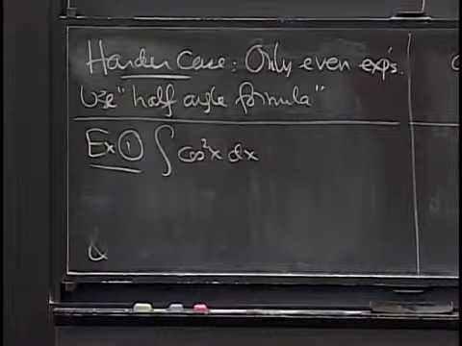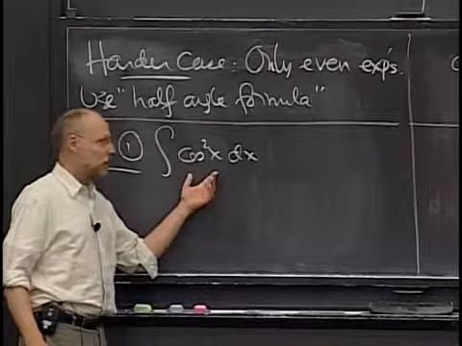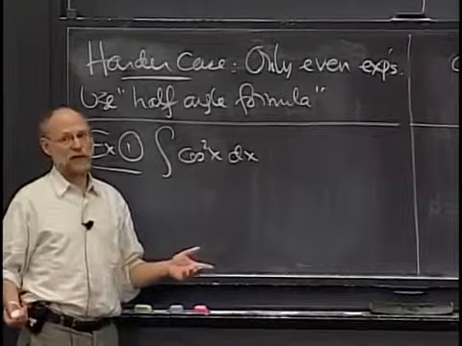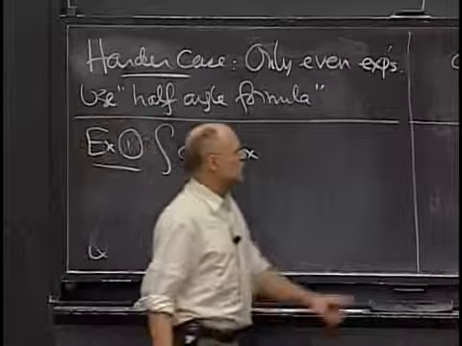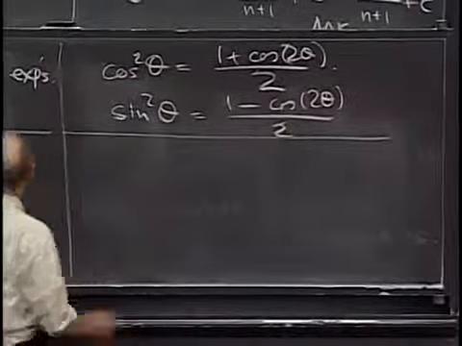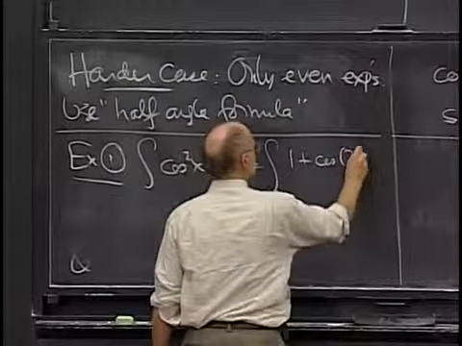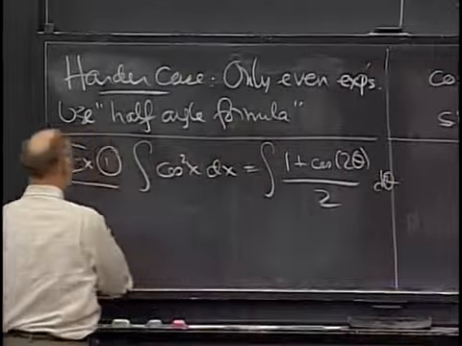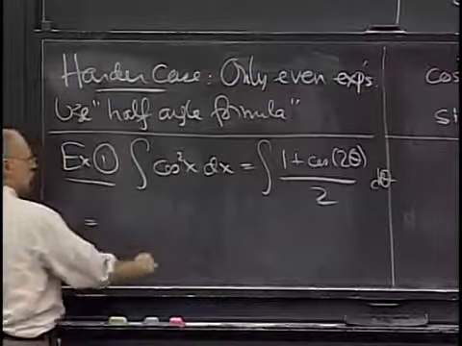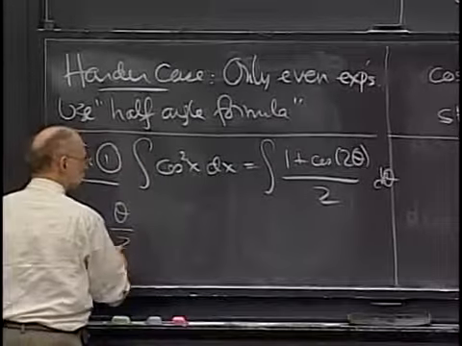What to do? I can't pull anything out. I could rewrite this as 1 minus sine squared, but then I'd be faced with integrating the sine squared, which is exactly as hard. So instead, let's use this formula here. This is really the same as 1 plus the cosine of 2 theta over 2. And now, this is easy. It's got 2 parts to it. Integrating 1/2 gives me theta over,